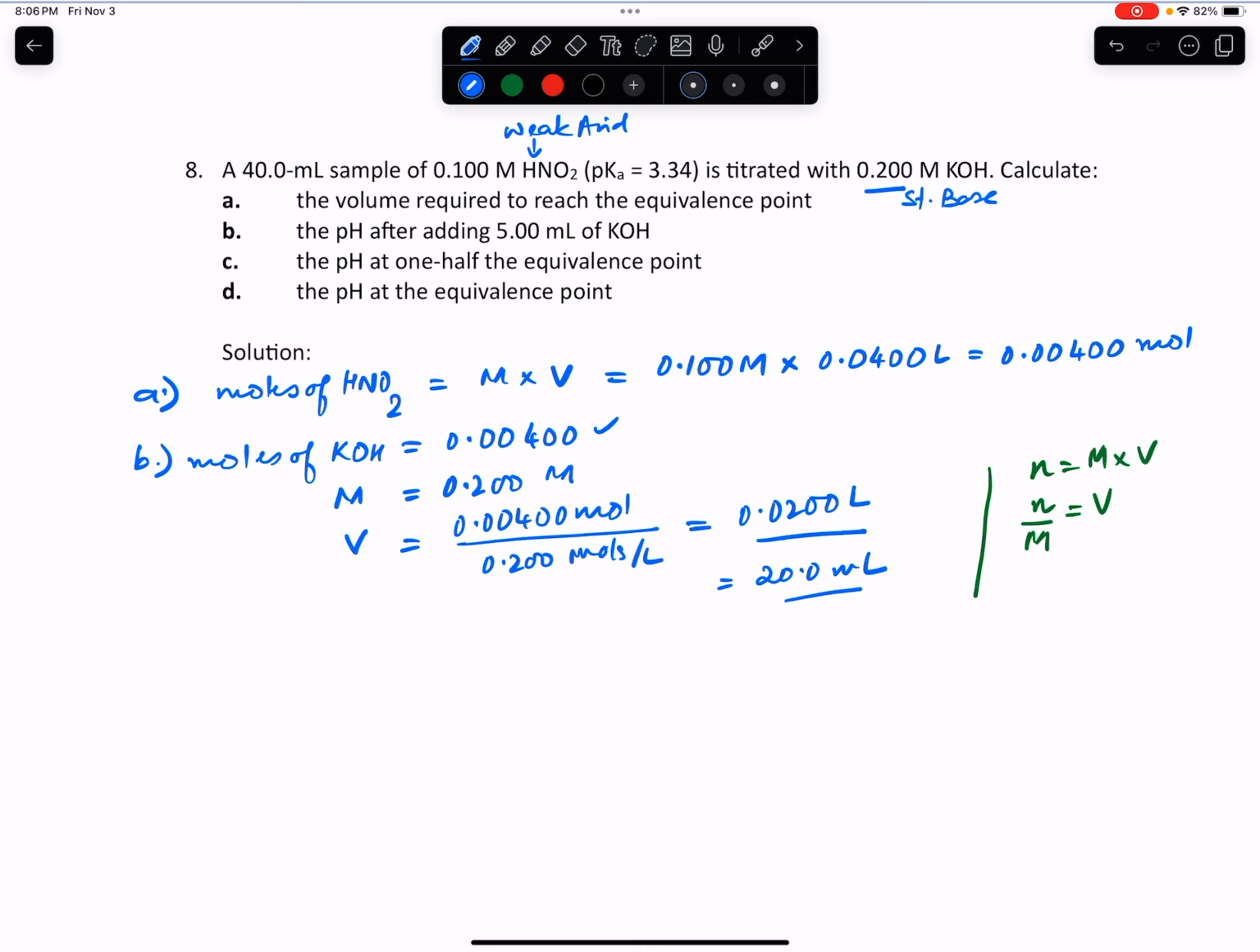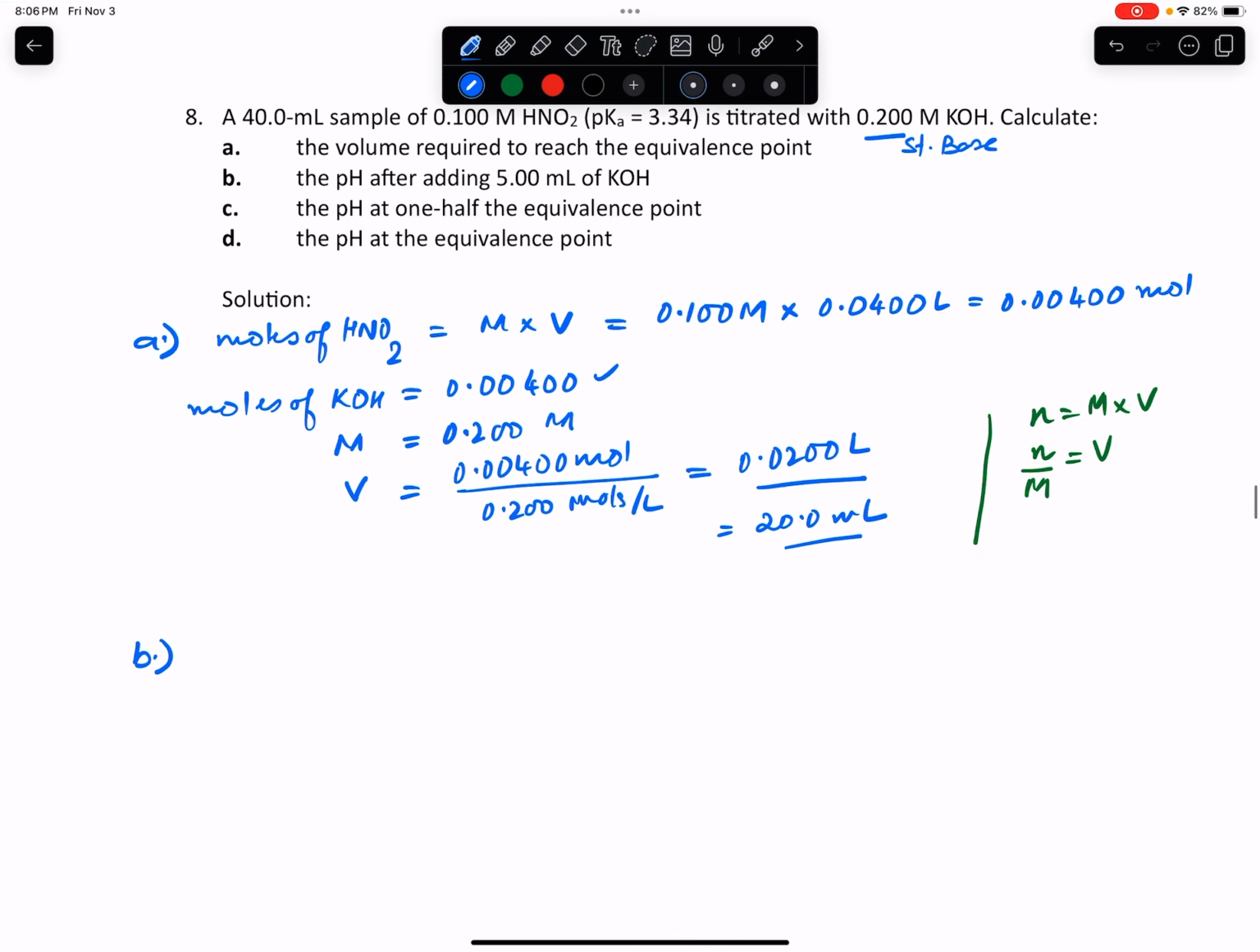Now, I shouldn't have written a B out here. Let's take a look at what happens in part B. They're asking what's the pH after adding 5 ml of KOH. The first thing we need to do is figure out how many moles this 5 ml corresponds to. So 5.0 ml of KOH is equal to, in moles,